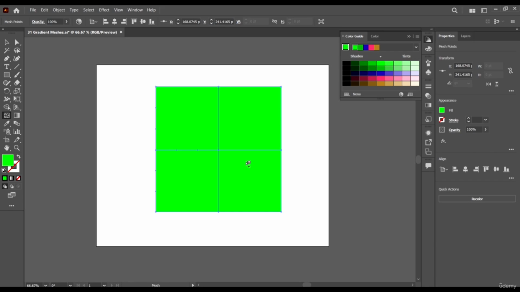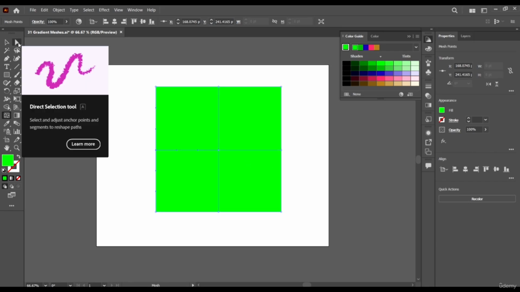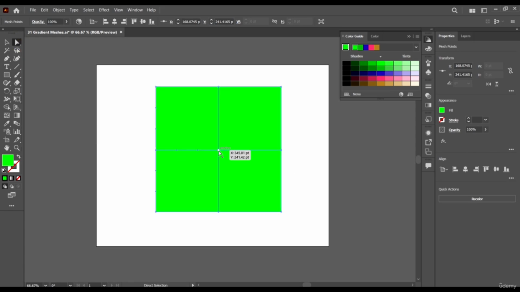Now what we can do is come to our direct selection tool, select it, and select this anchor point. If you select the anchor point, instead of moving it, you just select it and assign a color to it. You can select multiple anchor points and assign colors to them like I'm doing right now.